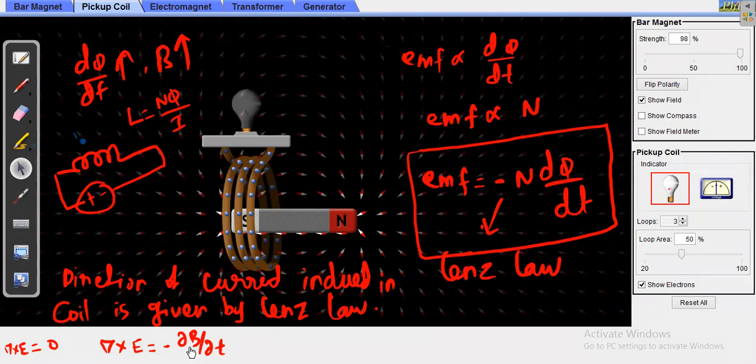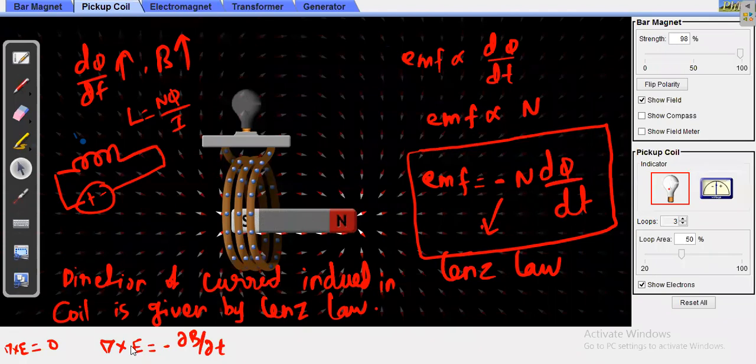But here you are using the circuit. For the circuit you have to use the formula of Lenz law, and the right hand coordinate system rule that I will explain later, to find in which direction the current will finally flow. But this formula is applicable anywhere, even in space, because in space, if the magnetic field is changing with respect to time, then an electric field will be induced.